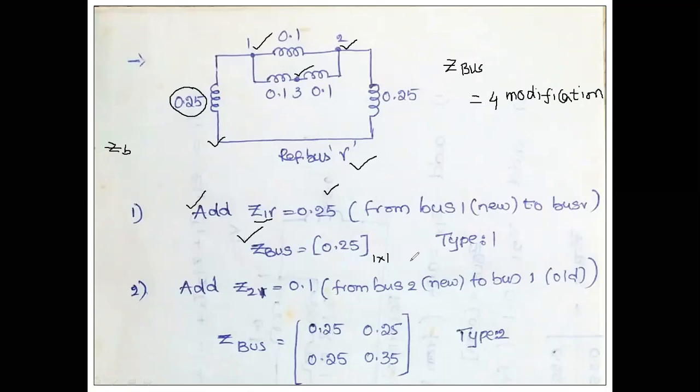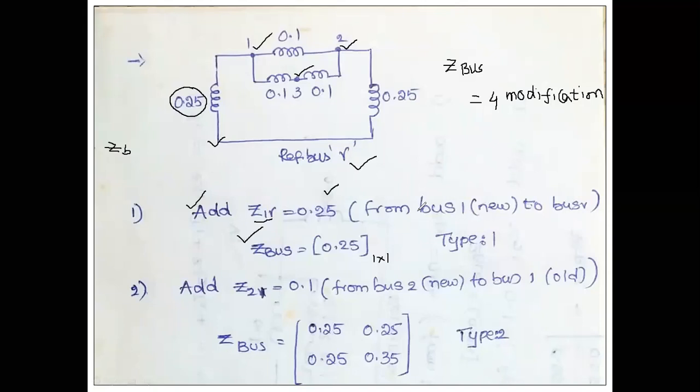Next, let us again check for type 1 modification. If type 1 modification is there again, obviously your second step is also type 1 modification. If type 1 modification is not there, you need to go for the next modification, that is type 2. After completion of type 2 modification, again check whether another type 2 modification exists or not. If there is no type 2 modification, you need to go for type 3 modification. So every time you need to check whether the same modification is going to happen or not. Here, what is a type 1 modification?